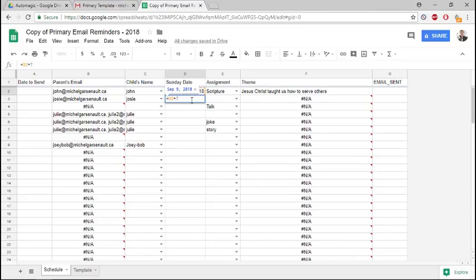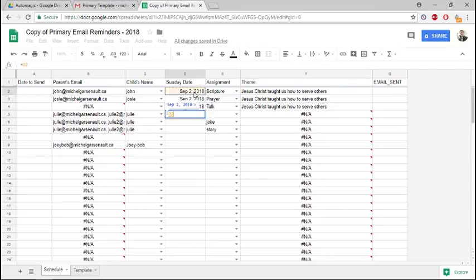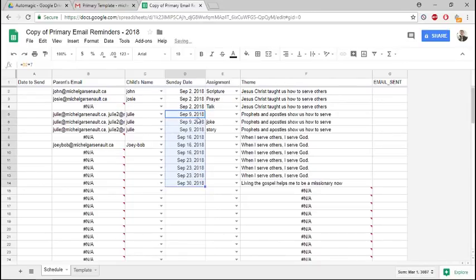So +7, and that'll automatically populate it. You can also, let's say you have 3 assignments every week: a talk, a scripture, and a prayer. What you can do is go to this first cell, do +7, and then because it knows that it's adding 7 to 3 cells behind, you can just drag it down, and then you'll have 3 for each date for